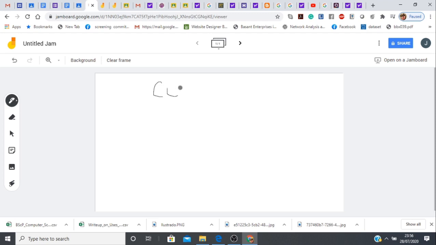So if I write with the help of a mouse, I can write it, or with the help of a pen in case of touchscreens. So we can write mathematical equations as well. If we want to explain something to our students, we can use this as a whiteboard. We can erase it. If we want to erase, it is like a duster with the help of a mouse click. And we can add pictures.